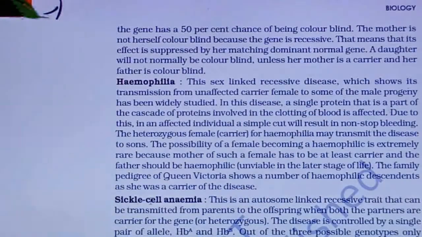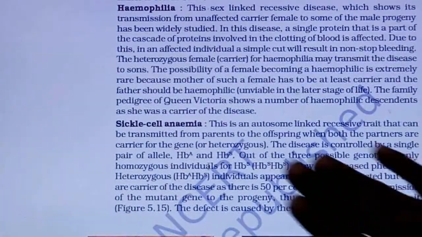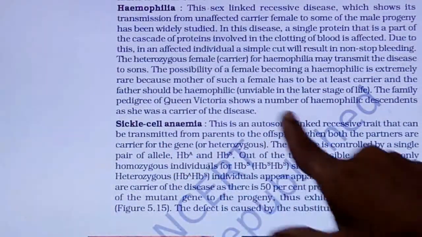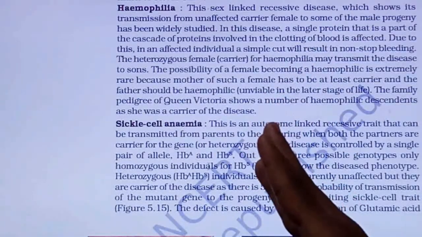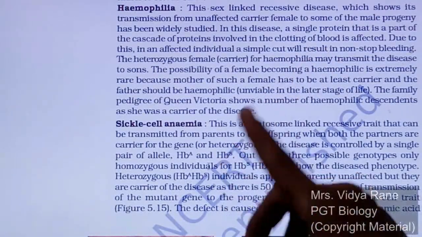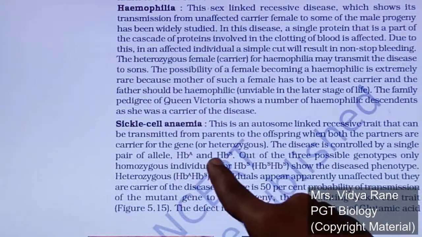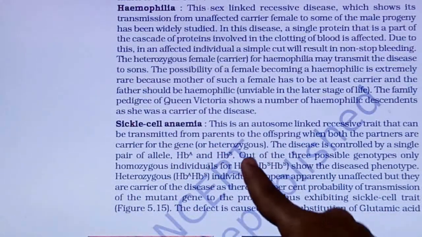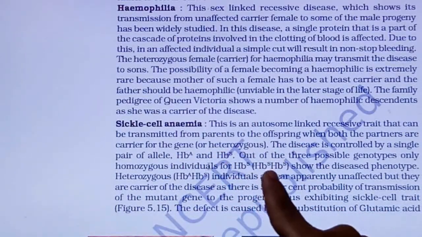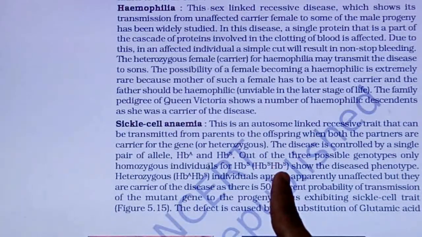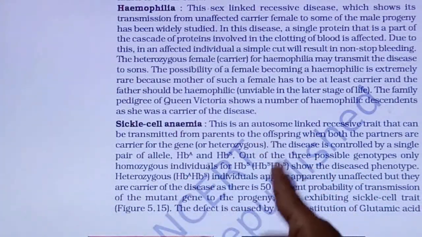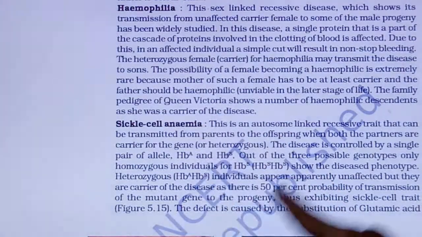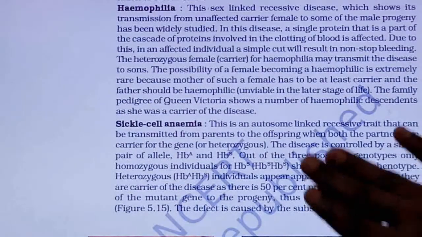The same applies to sickle cell anemia. I have also explained this in chapter number 6, sickle cell anemia. Based on this also, 2 marks or 3 marks questions will be asked. Or it is controlled by which gene: HBA and HBS. HBS indicates what? The diseased single gene. If the HBS genotype is there, then which phenotype will they show? That kind of question will also be asked for 1 mark. So prepare this very clearly, for 1 mark or 2 marks.